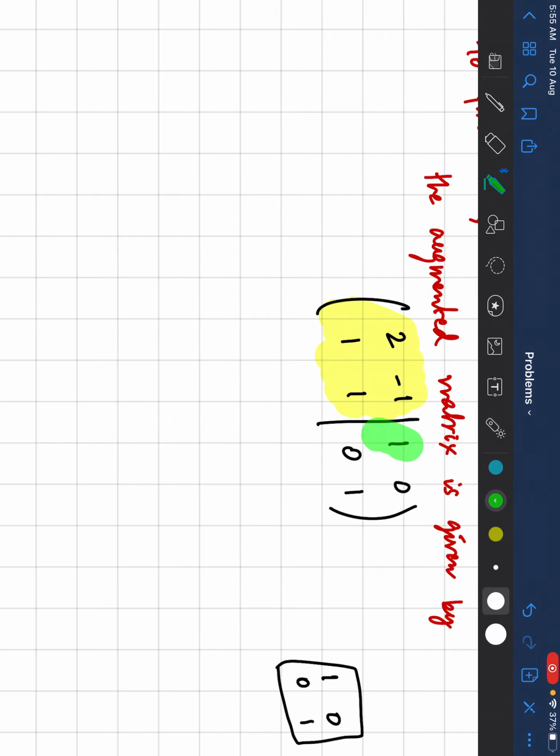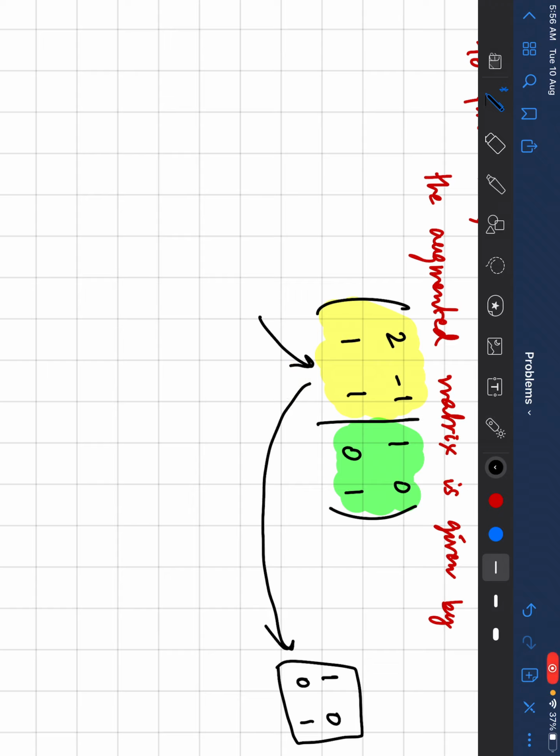The same operations we are going to do with this side. And then what happens is that the moment this one gets transformed into 1 0 1 0 1, the same moment this matrix will give us A inverse. So let us try to solve